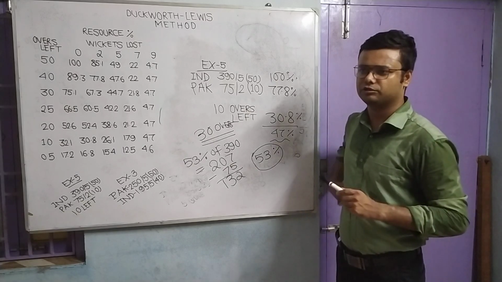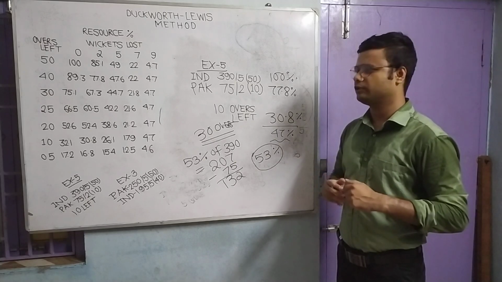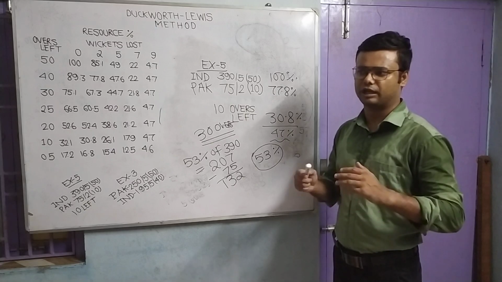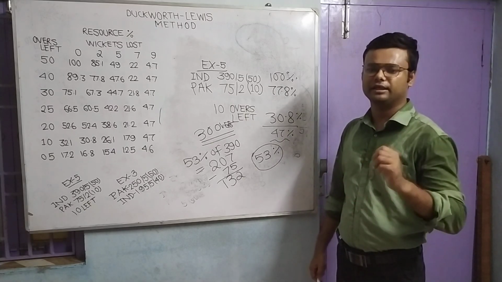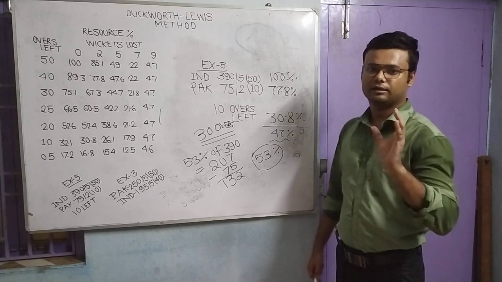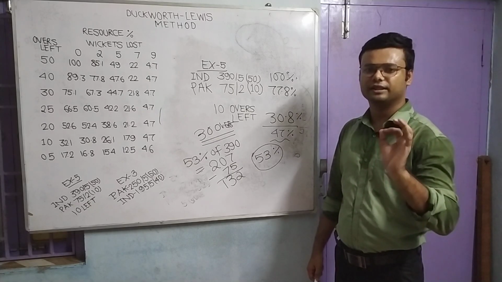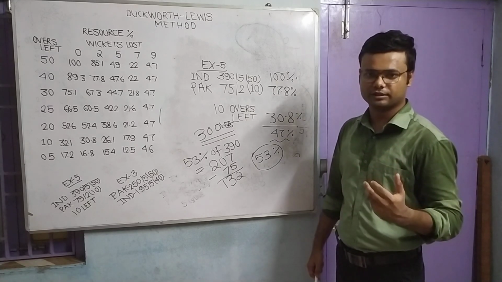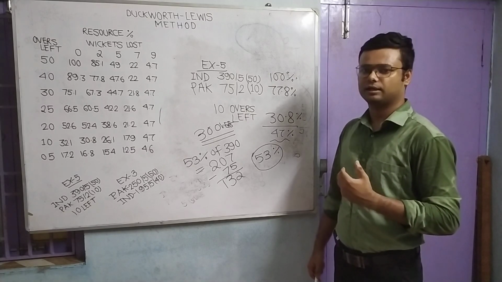There was a one-day match going on between two teams, and at the time of the team batting second, they had only one delivery left after the rain disappeared, but they had to score 22 runs. So their revised DL target was 22 runs off a single delivery, which is impossible. That is how sometimes this method can bamboozle players as well as teams.